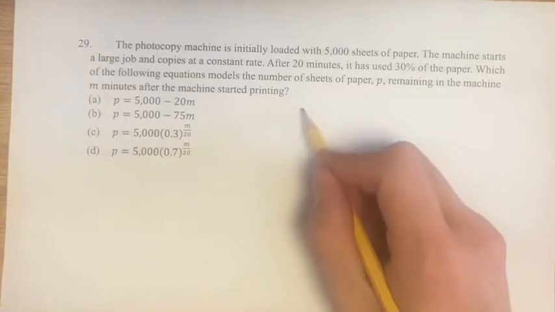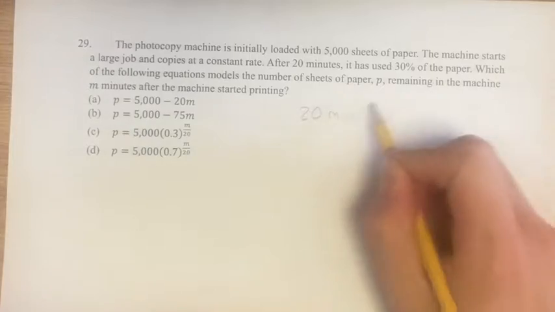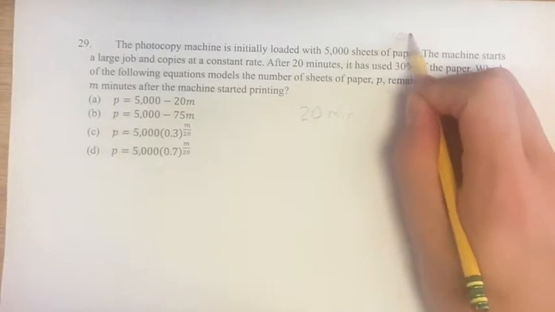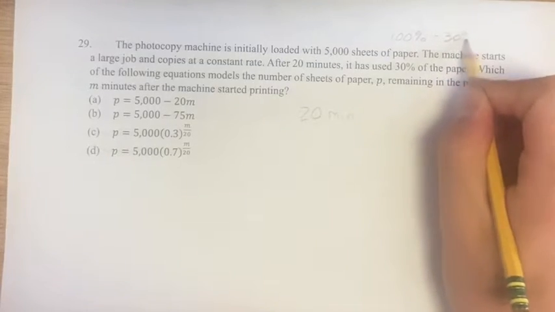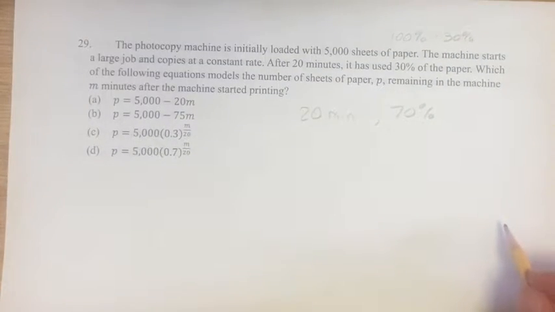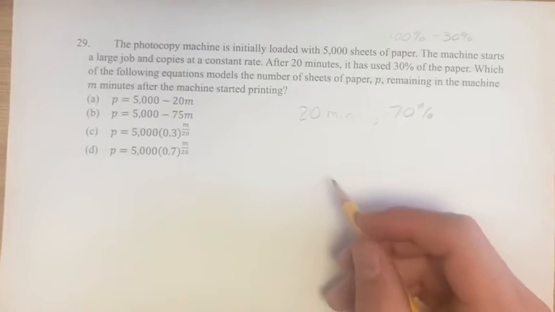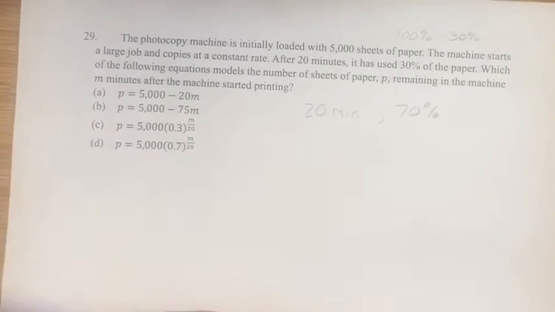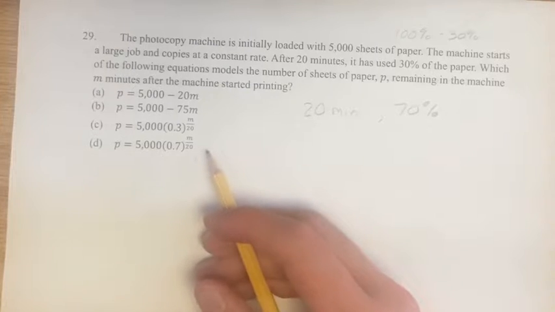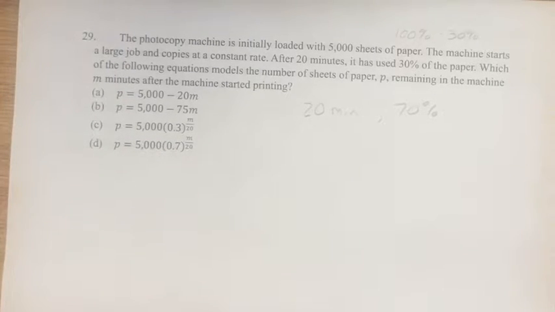So if after 20 minutes it's used 30% of its paper, that means that there's 70% left, right? 100% minus 30% is left. So we're looking for an equation that will give us 70% of 5,000 after 20 minutes. So if m minutes after the machine started printing is 20, then why don't we just plug 20 into all these equations? We don't have to actually calculate the final answer, but we'll get a sense of which of these is actually calculating